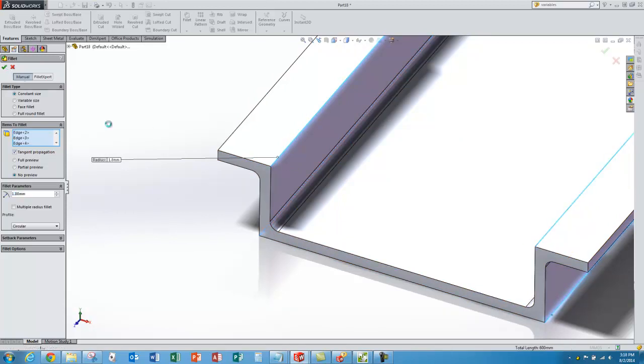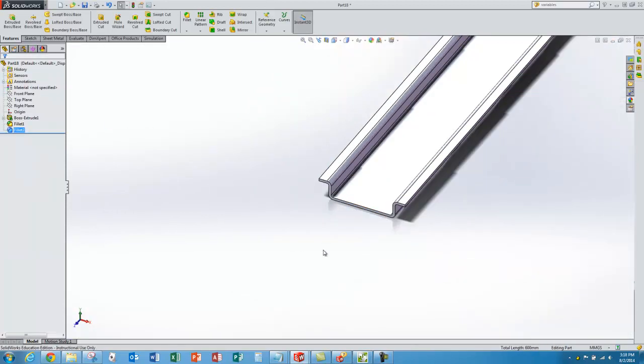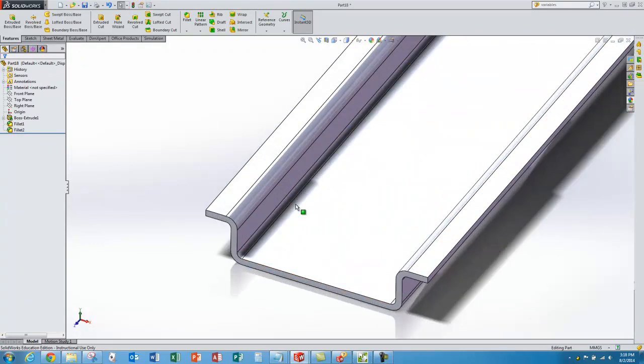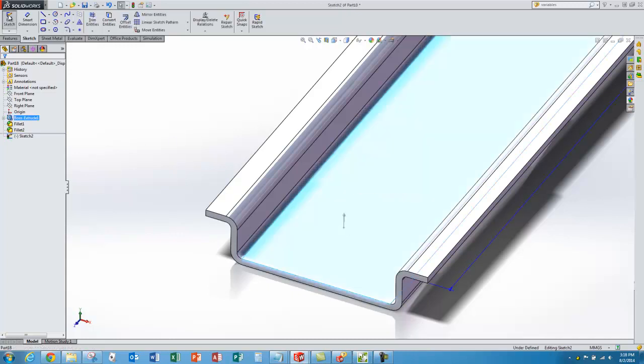And approve the feature. So now I have my shape correctly created. Now I'm ready to make my slot. I'll go back to the sketch tab, select that face, sketch. And I could make a couple of circles and lines and do tangents and things, but Solidworks has got a